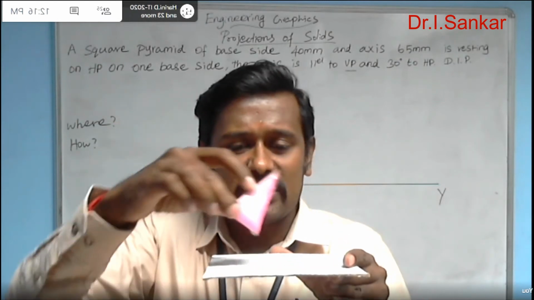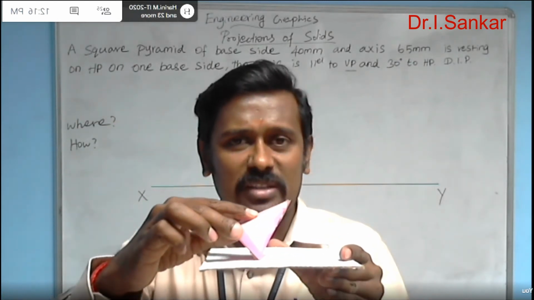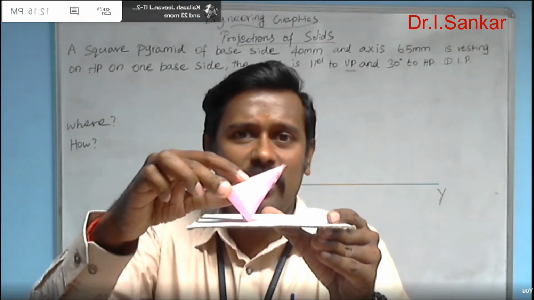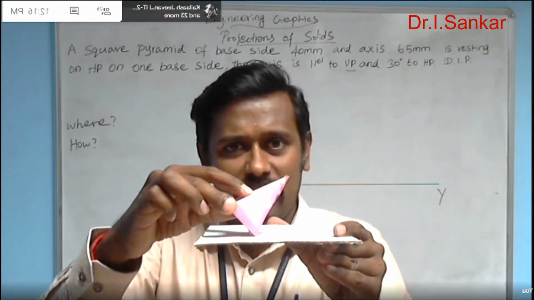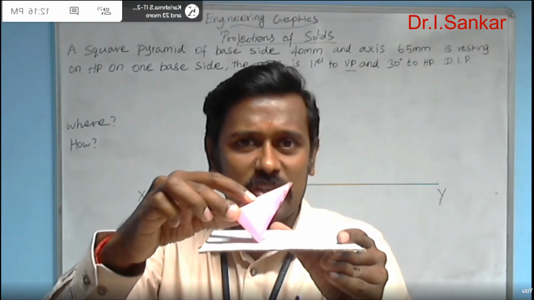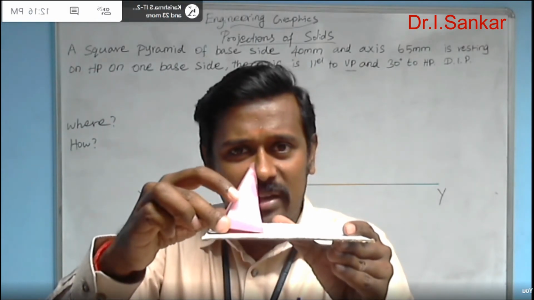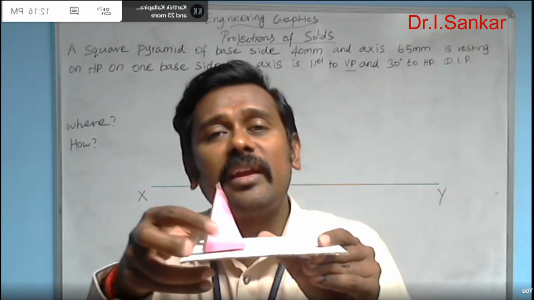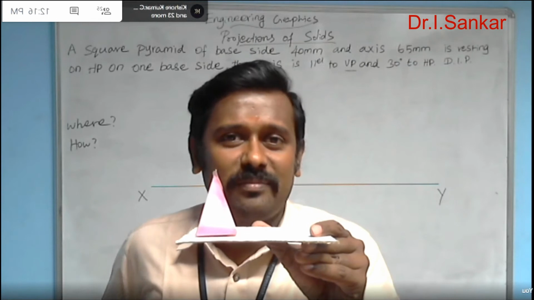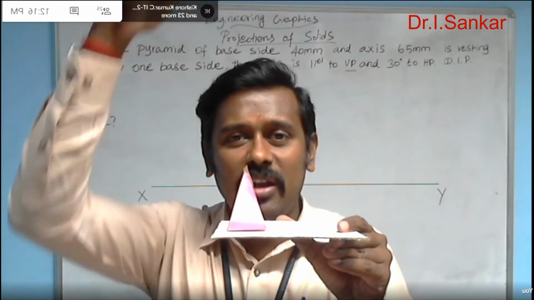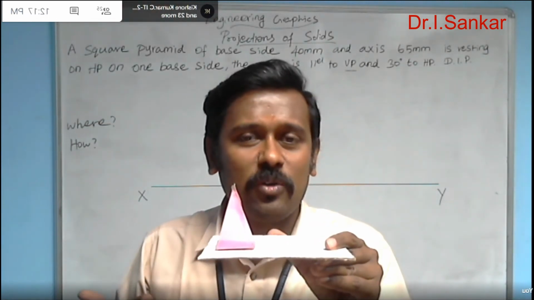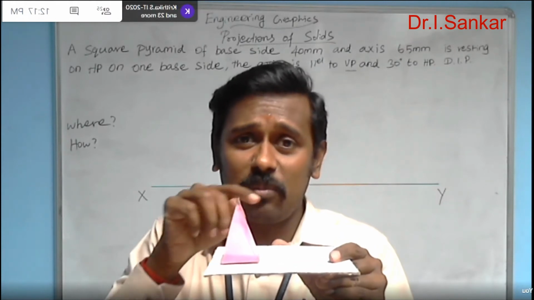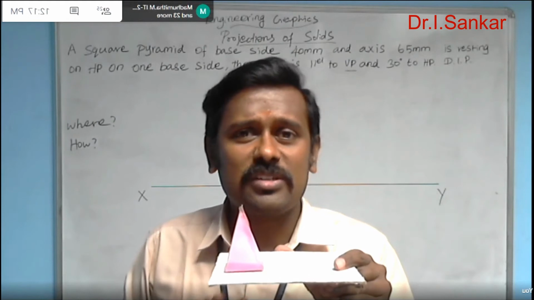But actually the solid's final and original resting condition is this one, axis inclined to HP and parallel to VP. But for my convenience, in order to draw the simple projection of the solid, I am making the solid axis perpendicular to HP. Now, in which view can you get the base view of the solid, in front view or in top view? Actually, what is base view? The base shape is a square, and the view where the base is obtained is nothing but the base view.